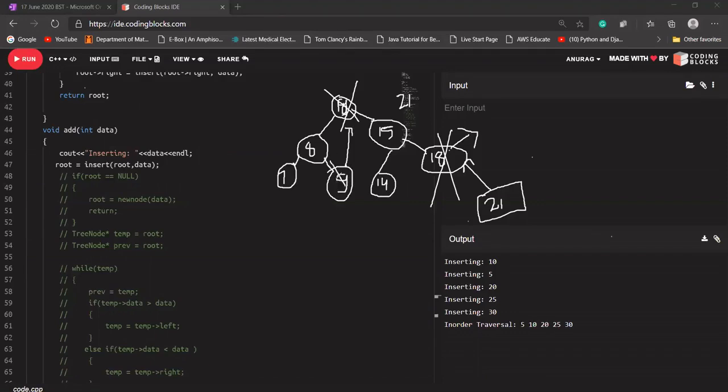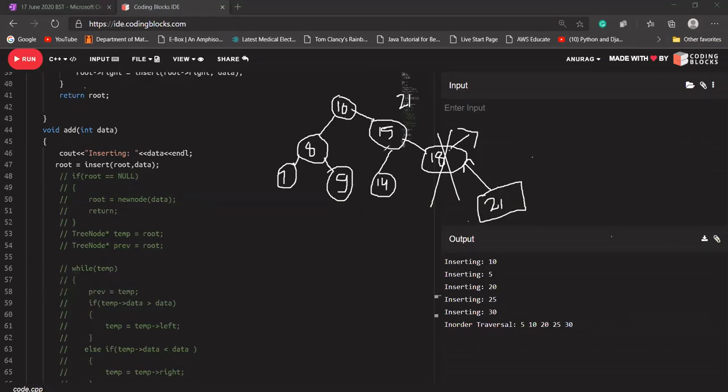I'll replace 10 here, although I do not need to do that. I'll write 9 here, and I'm going to delete the old node with that. Okay. So if 9 comes here, yes, 9, 8 and 7 are lesser than this value, and 15, 14, 18, 21 are greater than this node. Okay.